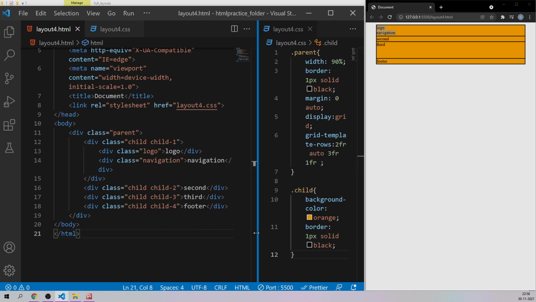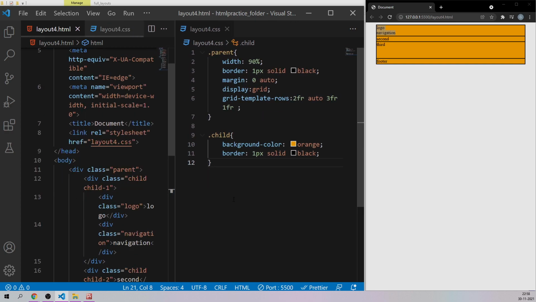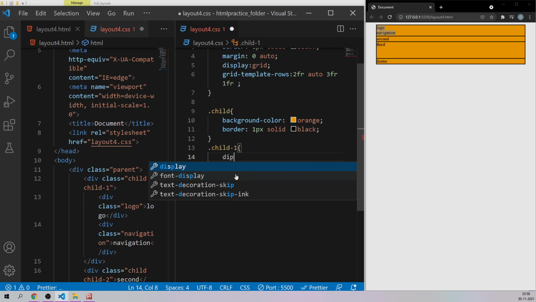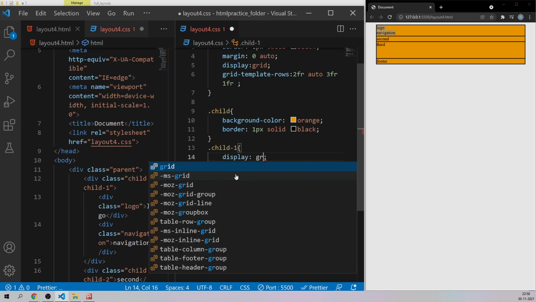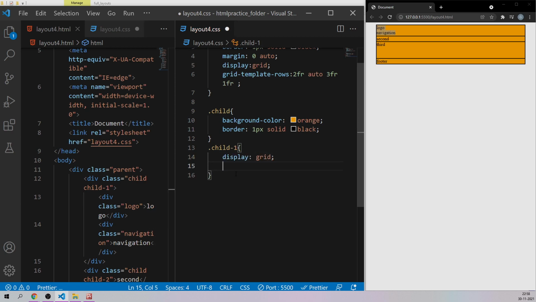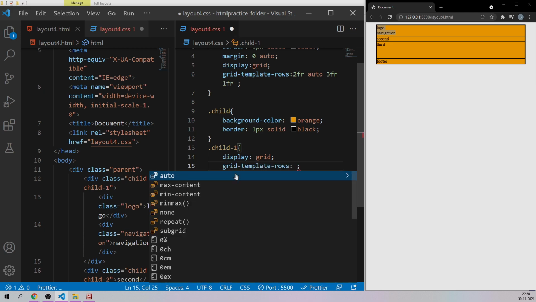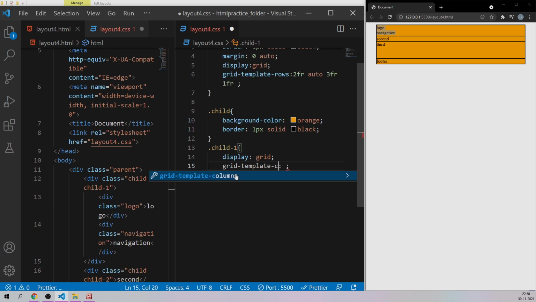Now let's come to the CSS and make it a grid system. So let's come here and say dot child-1. I want to display as grid, which will be having only 2 columns. So grid-template-columns, not rows, columns.